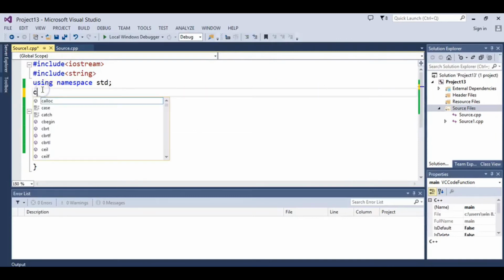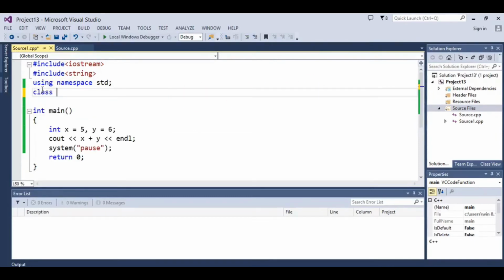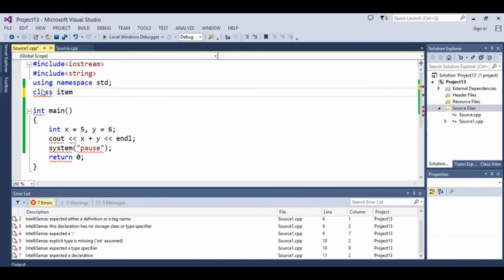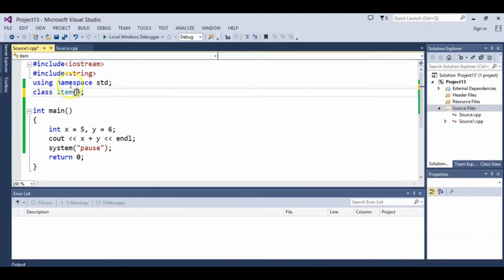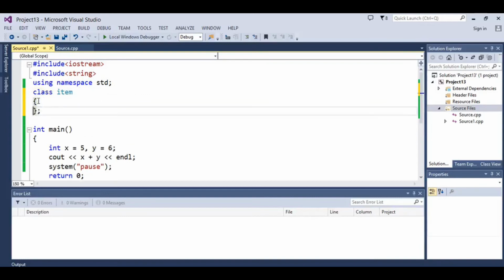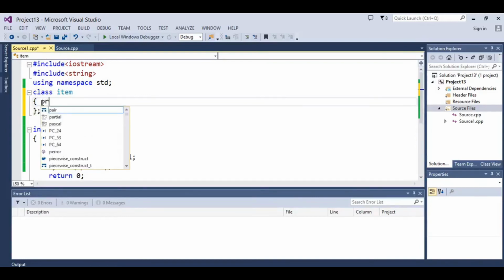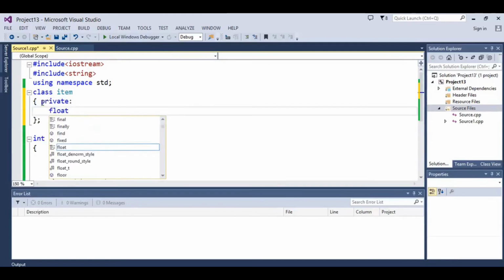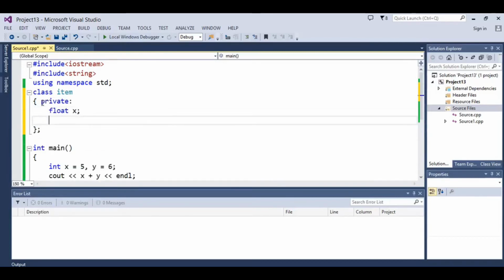But for example, we have a class. Let's say my class name is item. Let's say this class has two private members, both of float type, float x and float y.